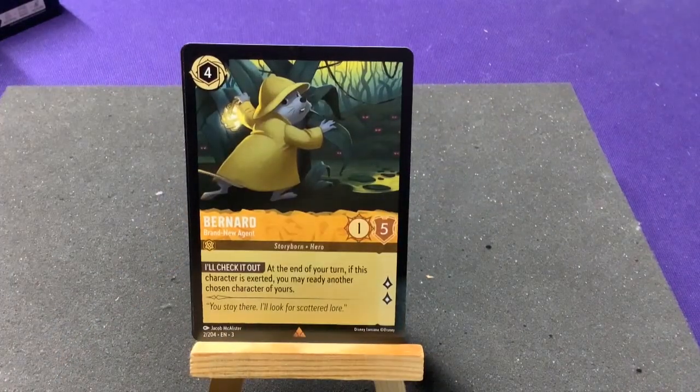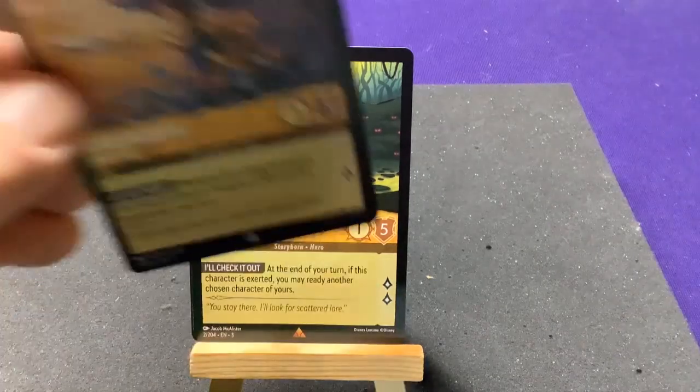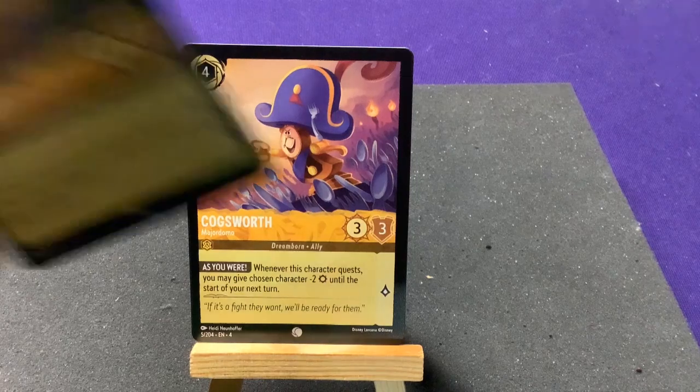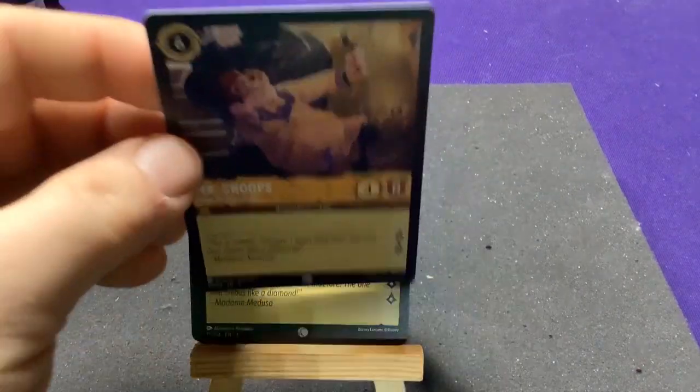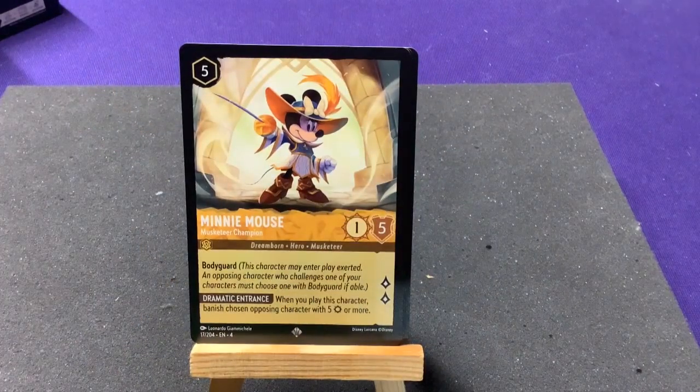So let's see what we have in yellow. We have Bernard. Let me ready other chosen characters. We have Cogsworth. Lets you help out. I'm just going to kind of fly through some of these. Mr. Snoops. We got 2 copies of him. We have a new Minnie Mouse, which will work with...